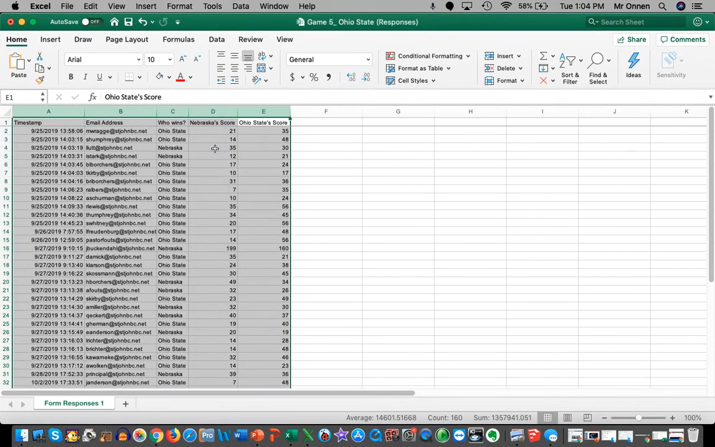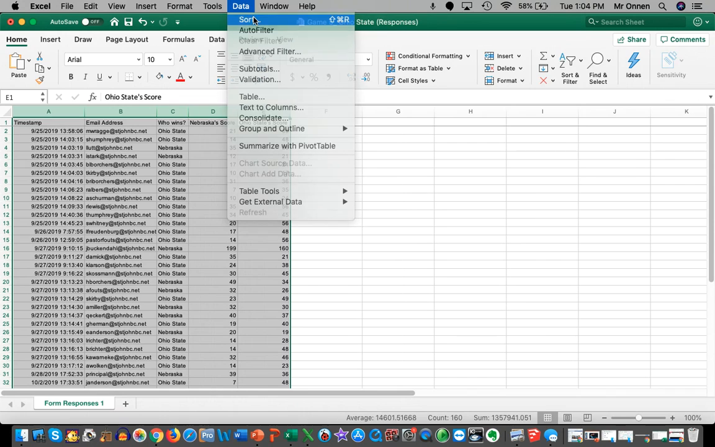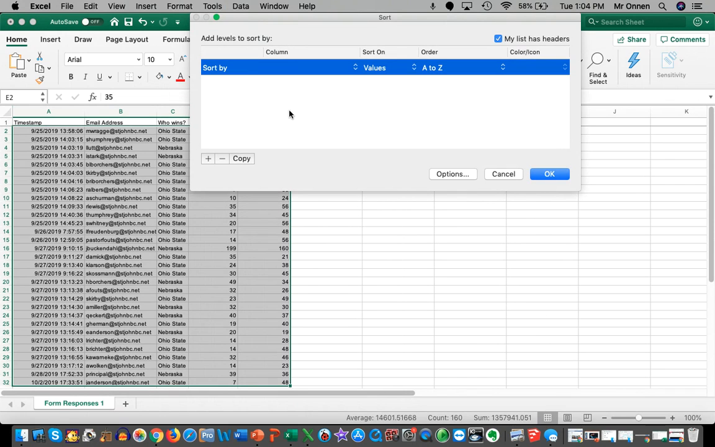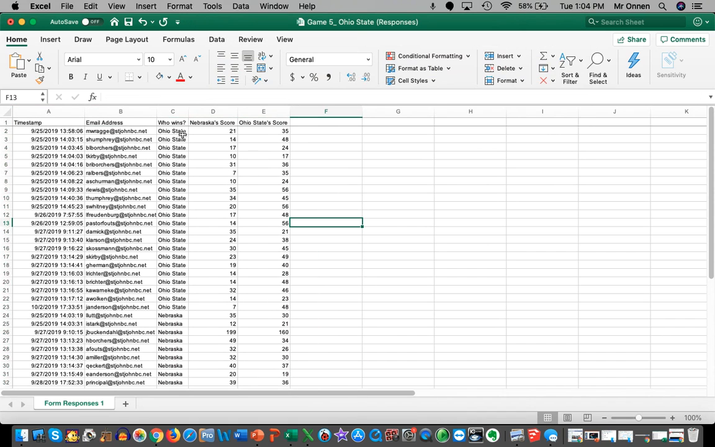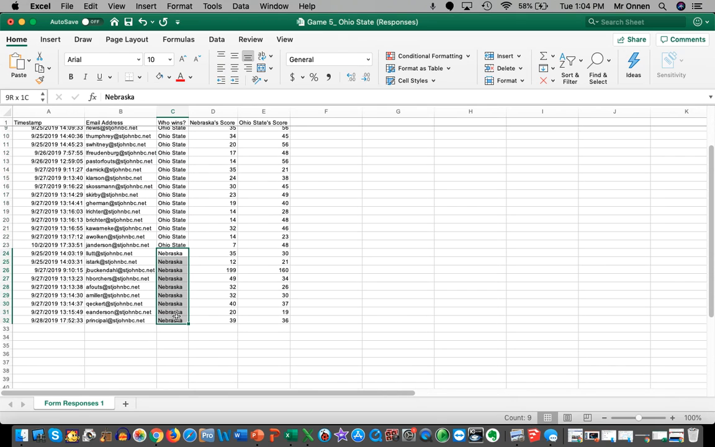We've got to highlight everything, and we're going to go to Data, Sort, and we want to sort by who wins. So sort by who wins, and I'm going to sort it reverse alphabetically because O comes before N. We want it to come before N. So if you picked Ohio State, you end up on the top half. If you pick Nebraska, you end up on the bottom half with this loser saying that Nebraska was going to win by 3. Anyway,